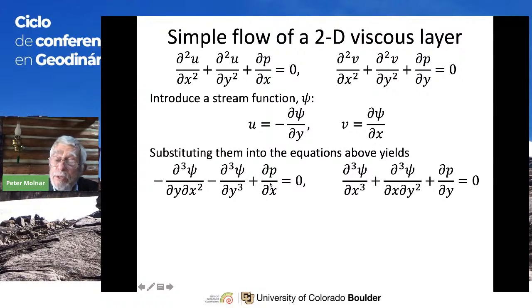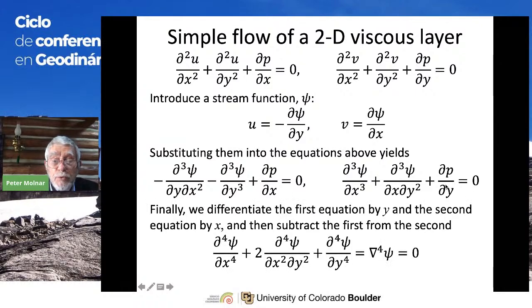And now, again, standard trick, very simple. We take the derivative of this equation with respect to y. So we have the second partial of p with respect to x with respect to y. And we take this old equation, the same derivative with respect to x. So we have the second partial of p with respect to x and y. When we've taken the derivative of the x component of this equation and the y component of that equation, these two expressions for pressure turn out to be the same, and we can subtract them. So we differentiate the first with respect to y.